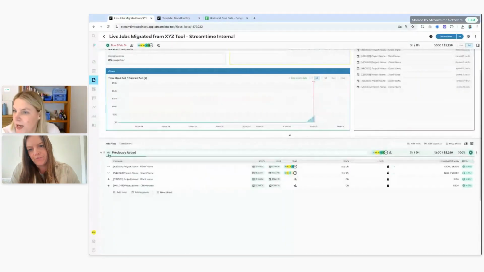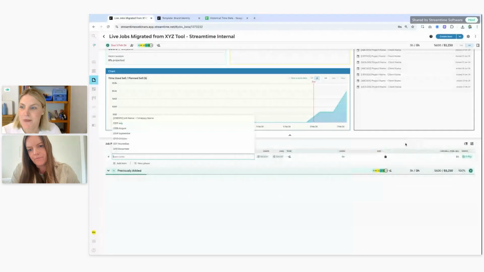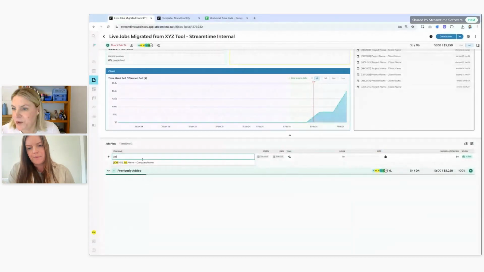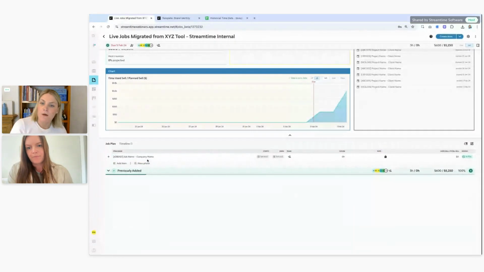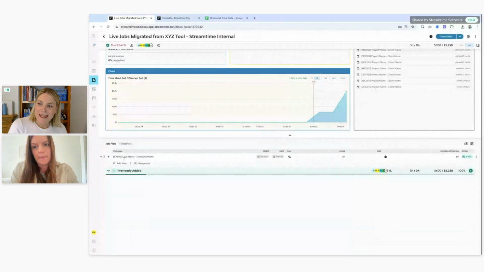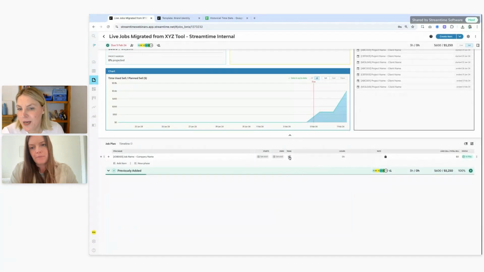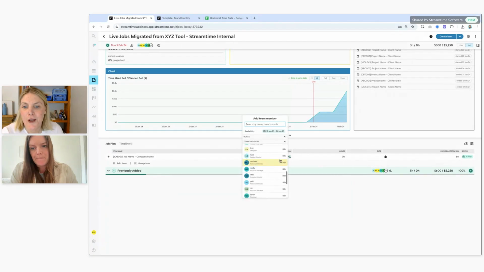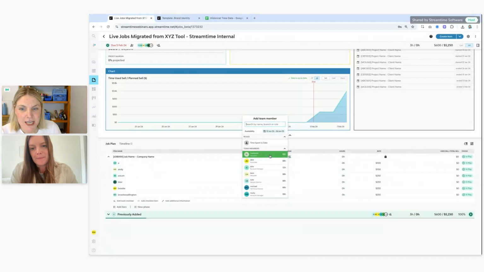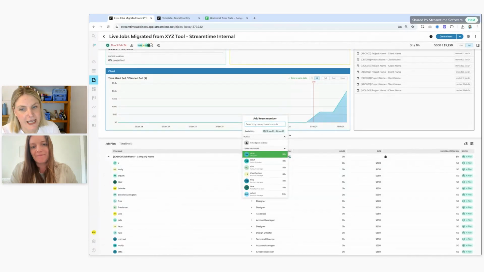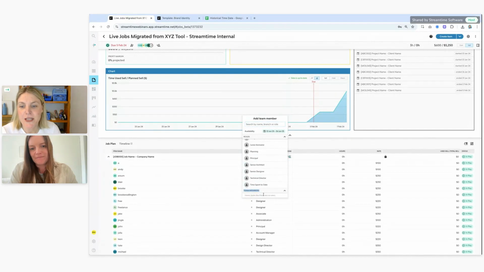So you are going to go ahead and add an item, and it is going to be the one that you just pulled through. Job name, company name. Now, before you add the job name and company name, on the blank item, the fixed price item, I would recommend going ahead and adding your entire team. This is the way that I would do it, especially if I'm managing a really large team. I would just click and then keep clicking until I've added every single person on the team to this blank item,